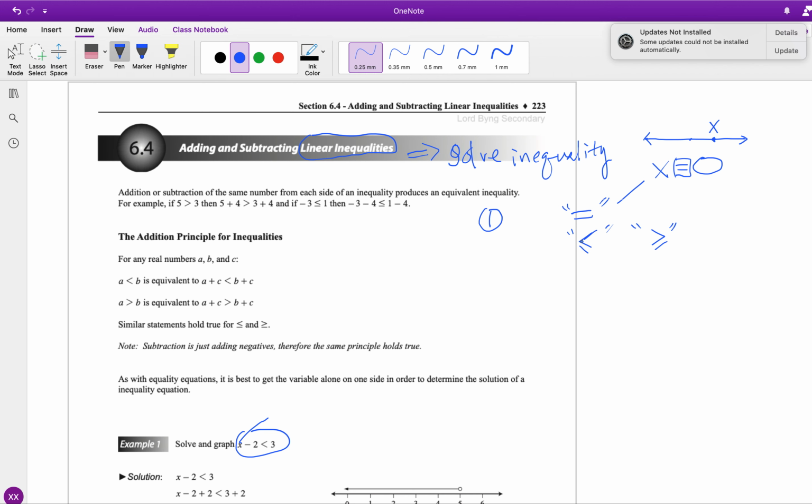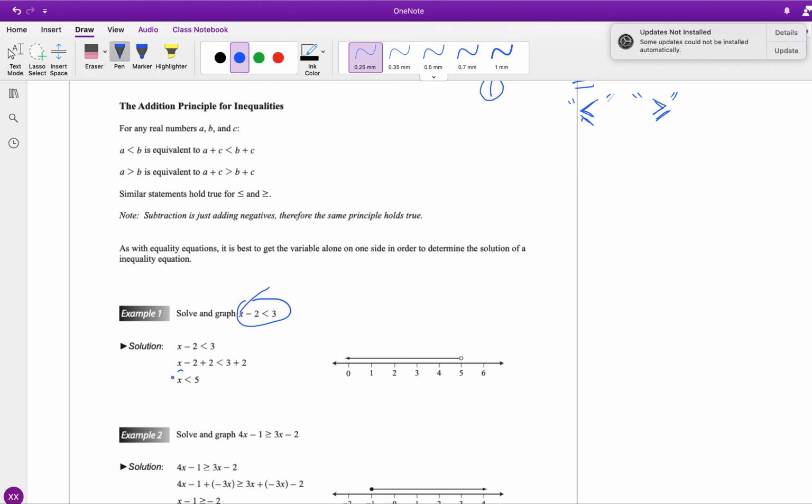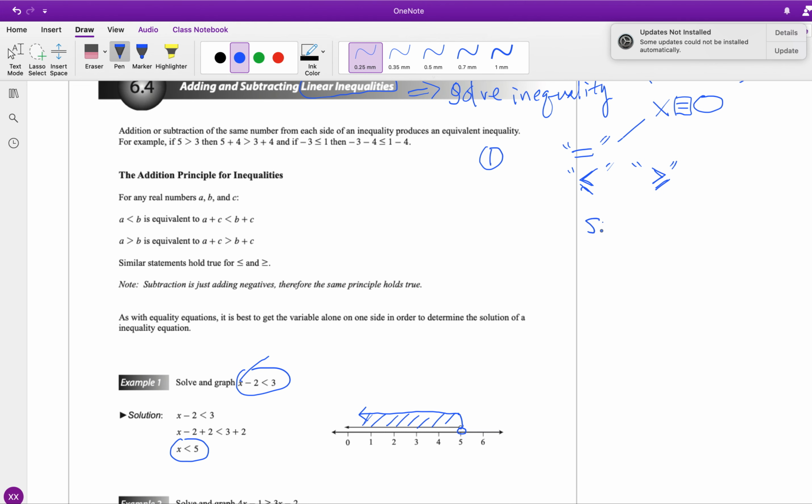Now, if it's solving for an inequality, take a look at this. This is your solution. X is less than 5. Now, in this case, first of all, we said less than 5. There's no equal sign. We have an empty dot here. Then we go in the less direction, and it's over there. So now note, this solution, the solution for an inequality,